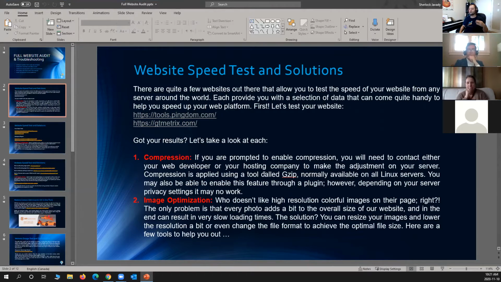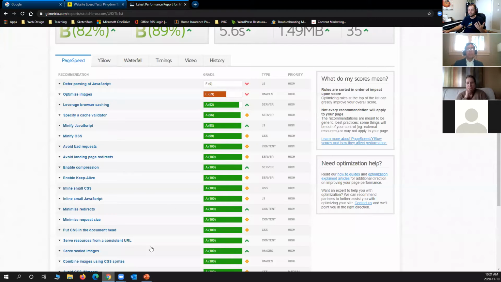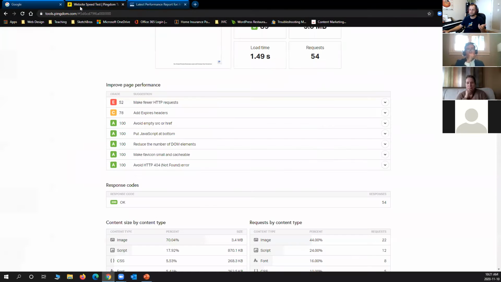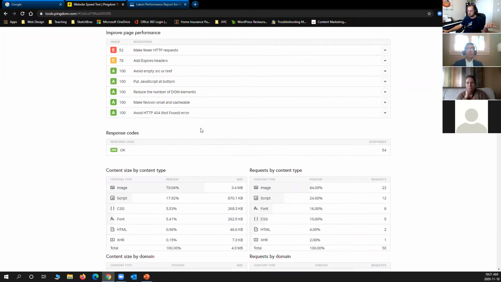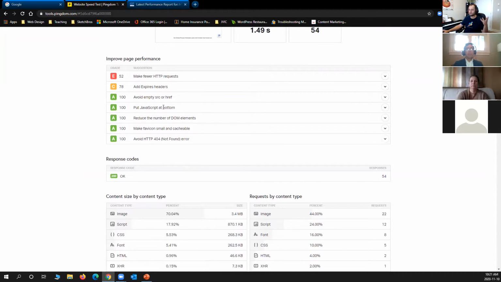Automatically, next time we will get to caching. When you cache, your website will get 3 times as fast as it used to be. So make sure that is the first thing you check. After you test your website, do you see anything about compression? Do I need to compress my website anymore? Now, the good thing here, I'm looking at mine, and no, I don't have that sort of error here.